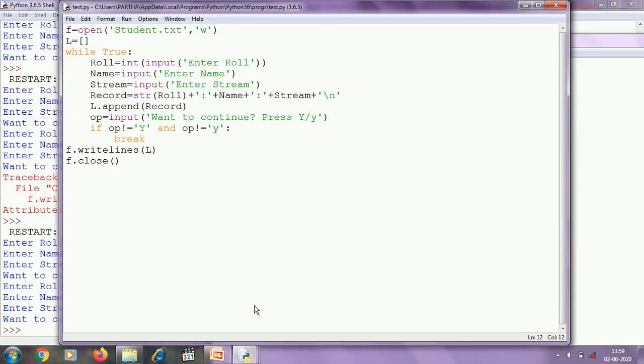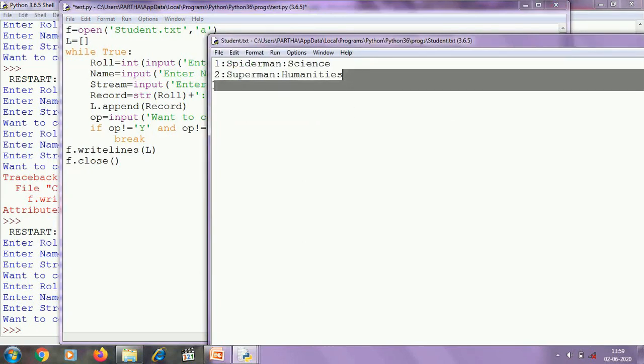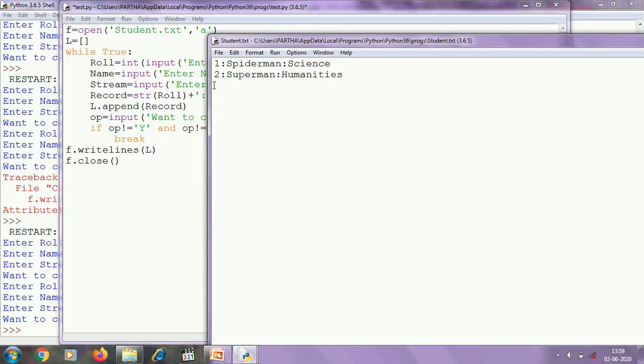Now I shall show you how to append to a text file. For appending, the program will be the same, I just need to open the file in append mode.